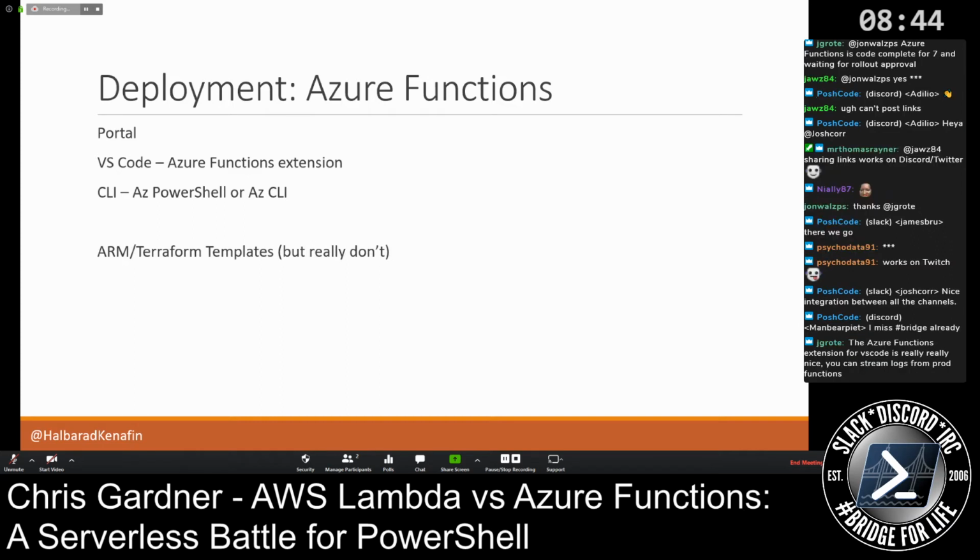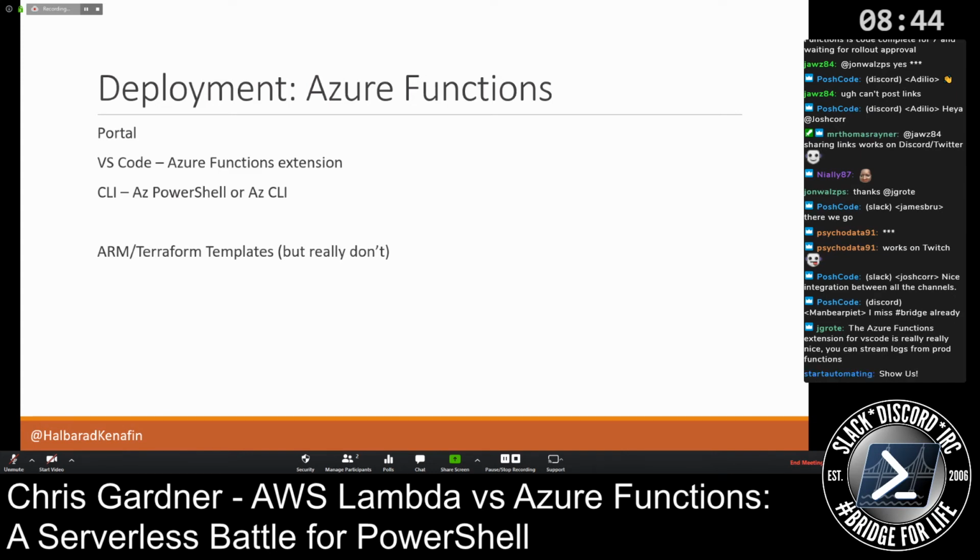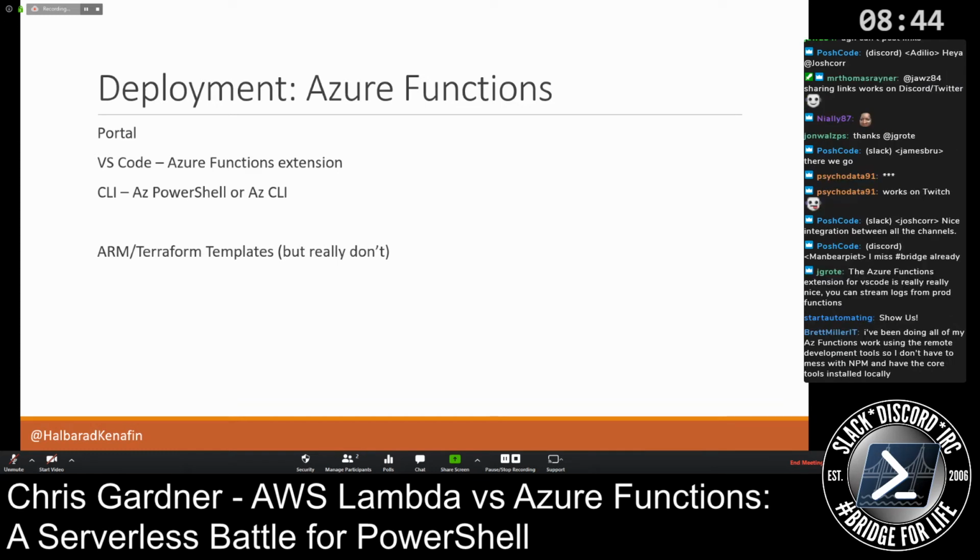There's a really, really hacky way to do it with ARM and Terraform. What you can do is hook up a function to source control, assuming it's a public Git repo, and it will just pull down whatever version is in master on a semi-regular basis and make sure it's there, or whatever branch you tell it. Generally, I'd recommend against this because unless you've got a good pipeline to handle PRs into master, that could be any old nonsense that's left in master running.